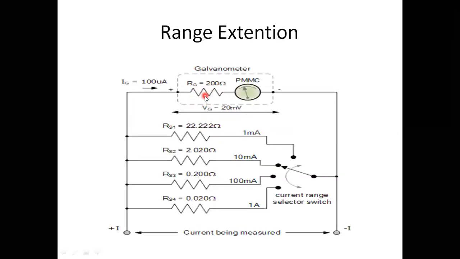Look here. This is the galvanometer. They are showing that it's the galvanometer. This is the PMMC meter. It is a galvanometer or PMMC meter. This is the shunt resistance, but at that moment, I told you, don't go for this resistance. This resistance is there now. This is swamping resistance. This is also a series resistance.